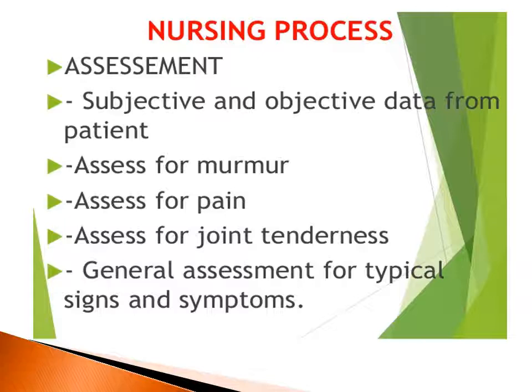The nursing process will include your ASPIE or ADPIE. It gives you detailed information about the patient, his health history, and his physical assessment, which means the entire systems of the body are attended to and assessed properly. The nurse will assess the problems, prioritize them, and come to a conclusion about the diagnosis, and based on that, will plan the nursing care as per priority, then implement this care, and then evaluate the care.